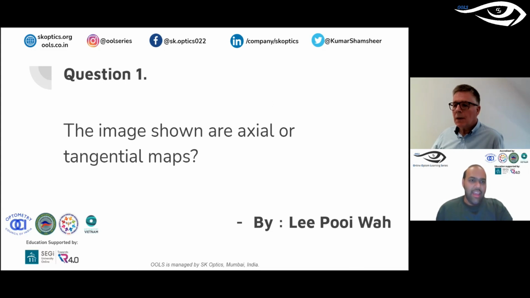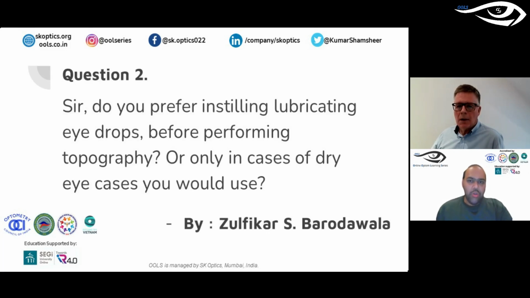Yeah, great. And one more question is, do you prefer to use any lubricating eye drops or artificial tears before performing topography, and/or is it just for patients with dry eye to get a better